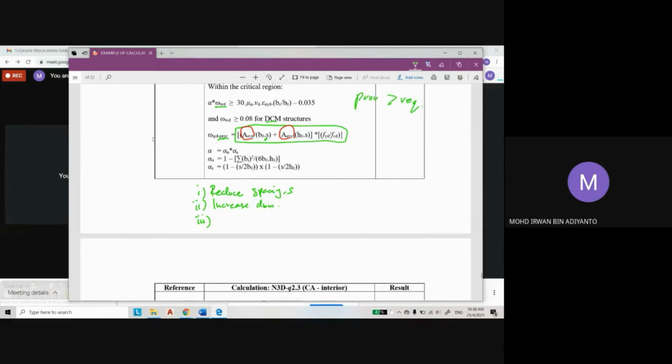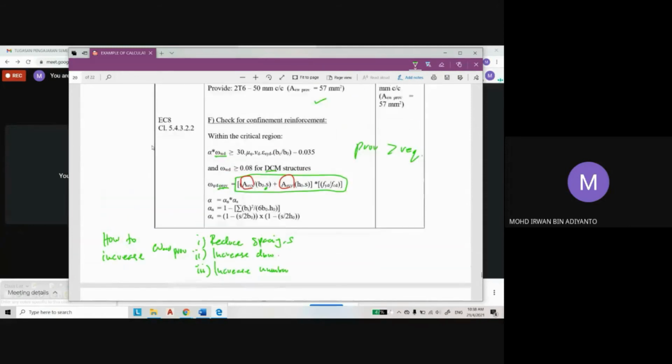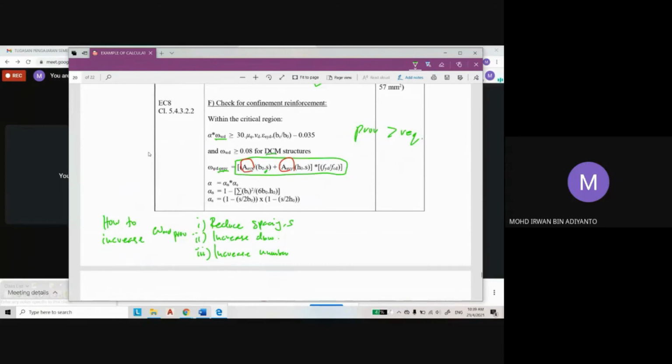Okay, and then the third, how to increase the omega WD provided. Okay, set number 3. Increase number. Okay, so you increase the number of bar. Maybe you can retain use similar diameter, but you increase the number. But you punya calculation akan jadi quite complicated lah. So it will be easier for you to reduce the spacing. Will be easier for your calculation because once you increase your number,